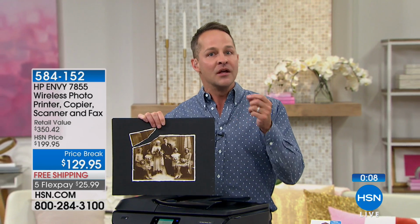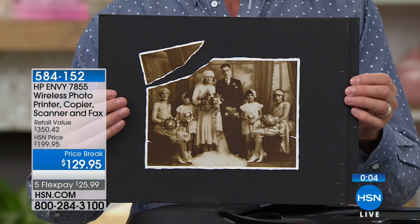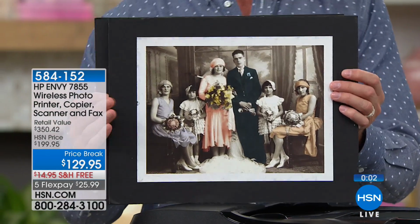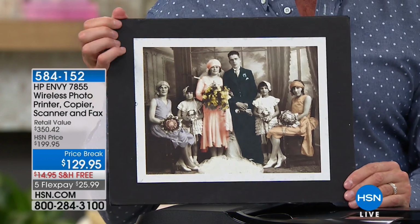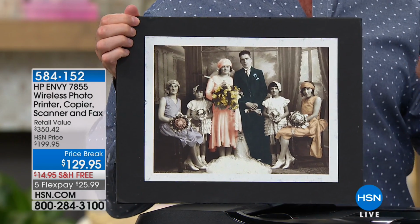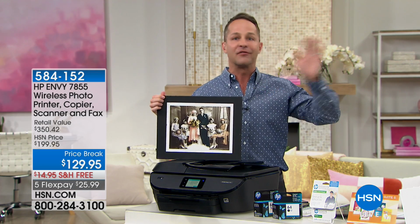Last thing I'll remind you, there's built-in photo editing. So you can do things like taking an old photo, a black and white photo, colorize it, edit it, and we include tons of additional software as well. If you're tempted by this, take the challenge to get it home and try it. It's a different experience when you have a printer of this quality